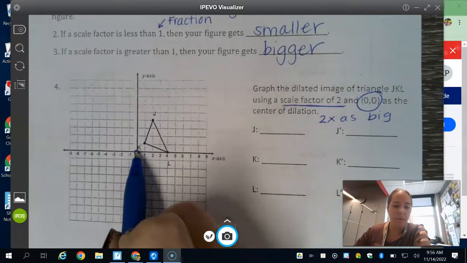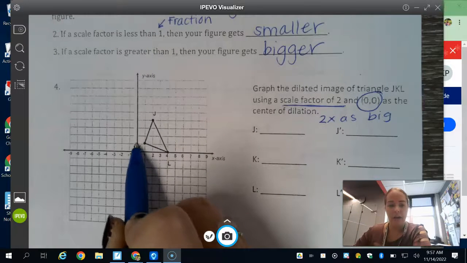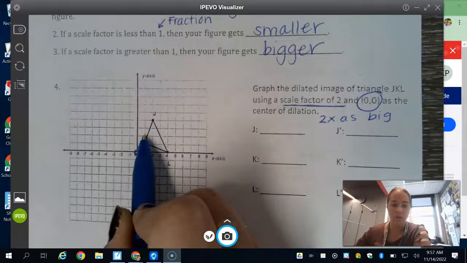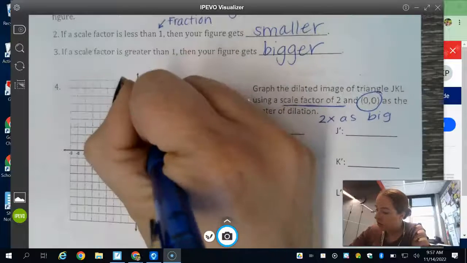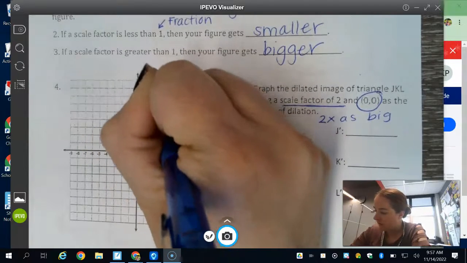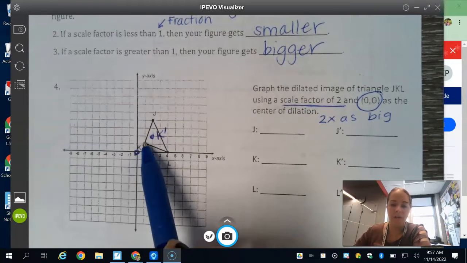So I'm going to figure out, how do I go from my center to K? I go up 1, over 1. To double going up 1, it would go up 2. To double going over 1, it would go over 4. So it would go over 1, 2, 1, 2. New K would move here. And new K has to have a dot with it. So again, going up 1 over 1 times 2 for each of those would be to go up 2 over